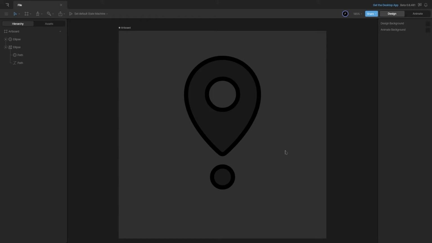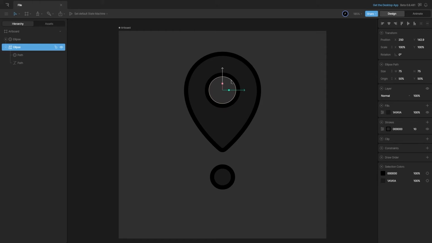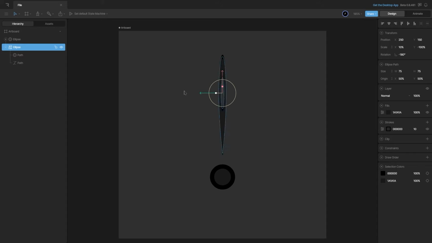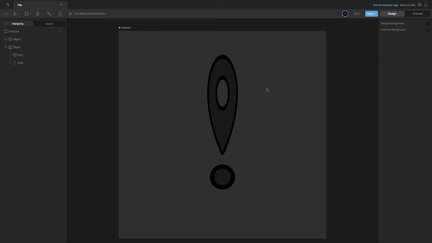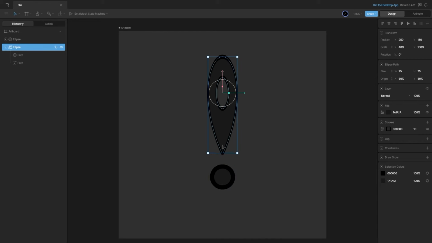Now let's work on the animation. We'll move this pin in the Y axis, that is up and down, and then scale it in the X axis to give it a rotation effect. Now one thing you will notice here is that if we scale it to something like, let's say 40% in the X axis, then the strokes get scaled or affected as well. And you can notice the difference here, that is the circle here has the same stroke as this one, but